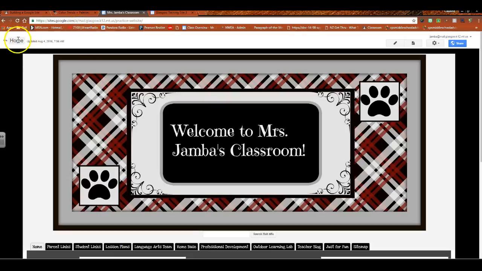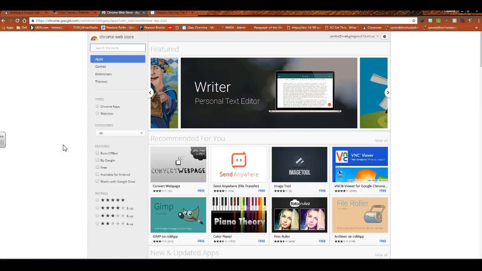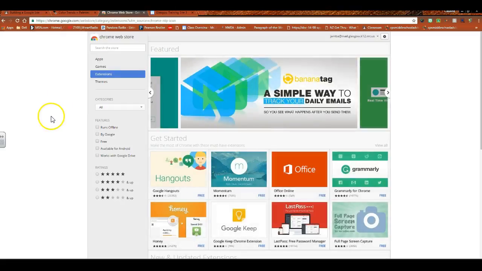So if you don't have that, then you would go to the Chrome store. So I'm going to go over to the apps. I'm going to look at my web store, my Chrome store. You can do that by navigating in Google as well. So you want to make sure that you are looking at extensions and not apps. And then we're just going to put Nimbus